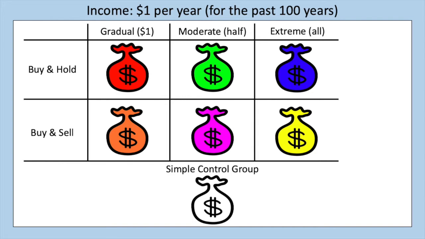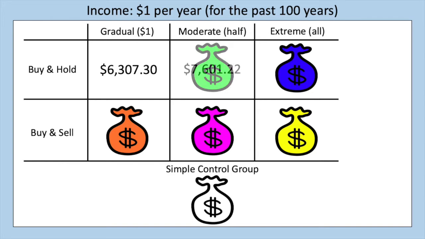Alright, so now that we understand the strategies of our investors, let's see how they would have performed over the past 100 years using 100 data points of the average closing price of the Dow Jones. Our first investor would have a total worth of about $6,300. Yes, that's right, only a single dollar payout each year over 100 years would result in that much money using the strategy of our first investor. But it gets even better from there. The more aggressive approach seems to perform even better, resulting in a total worth of $7,600 for the second investor.